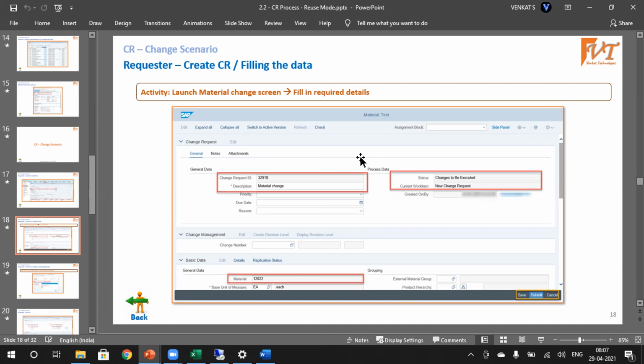Many of the basis consultants or security team are new to MDG, so they may not be aware of what authorizations are to be provided. We are regularly facing this authorization issue in our projects. That is a very frequent issue. But in our course, we will be discussing how to resolve those things and how to identify those issues.